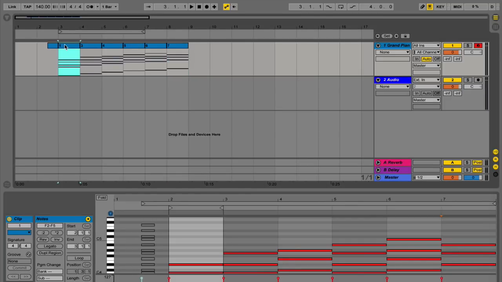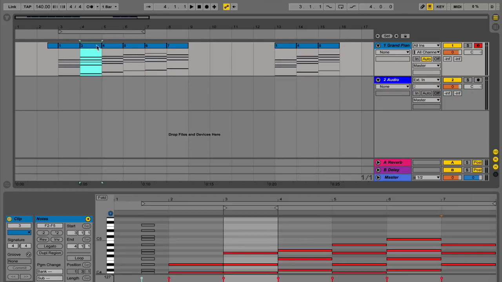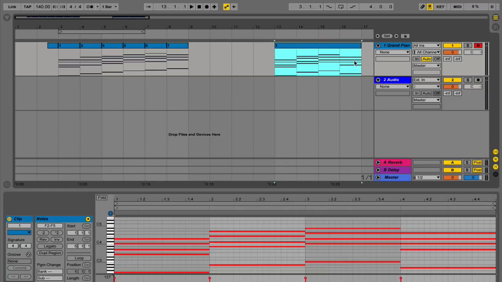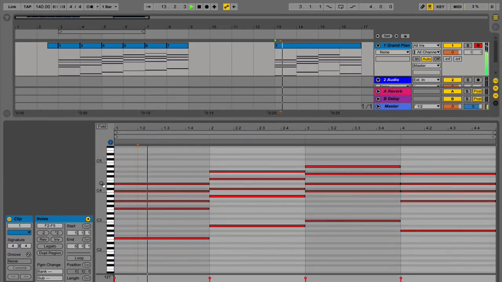Let's say we want to do like a 1, 4, 5, 3. We just take the 1, paste it here, 4 and the 5, paste them there, 3, copy and paste it there. And what we can then do is Command J to consolidate that MIDI clip, and that allows us to basically start inverting chords and changing them up quite a bit. So for example,